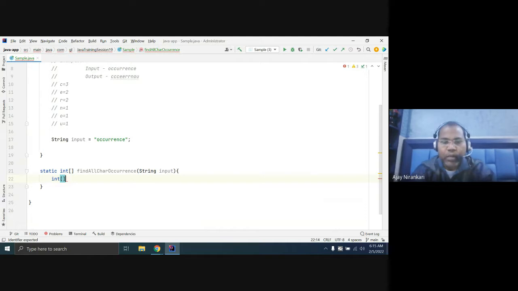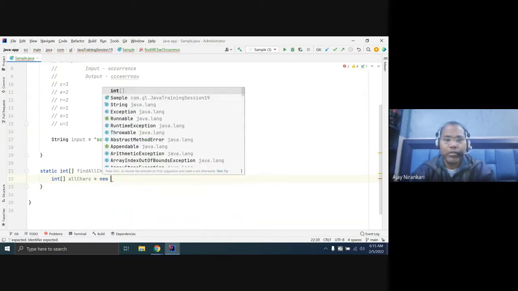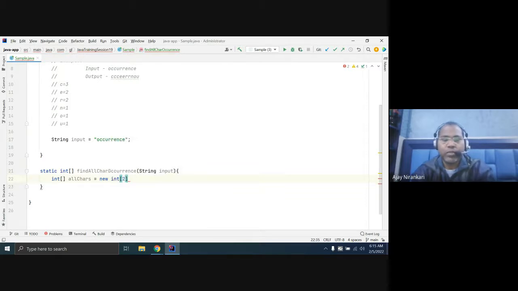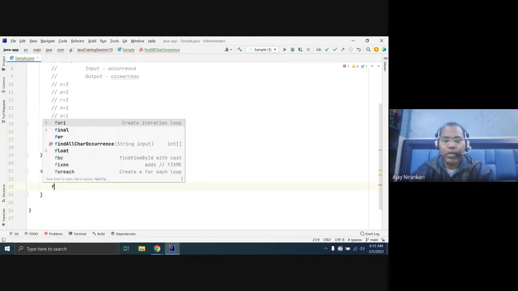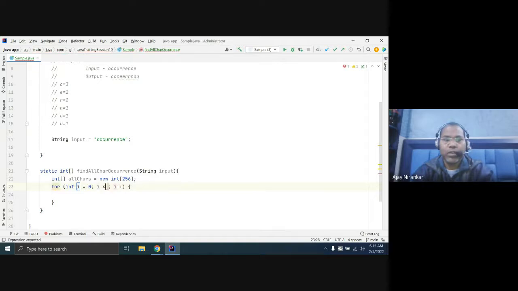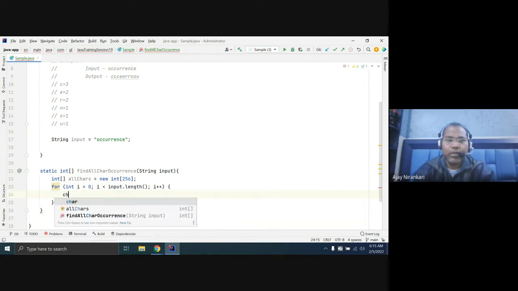Your input string can contain any alphabet, any character, so instead of A to Z we have to consider all the characters. So create a new int array of 256, called all chars, and loop over your input till its length, reading one character at a time using input.charAt(i).